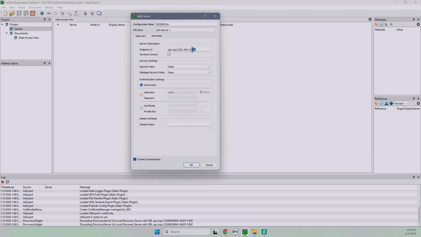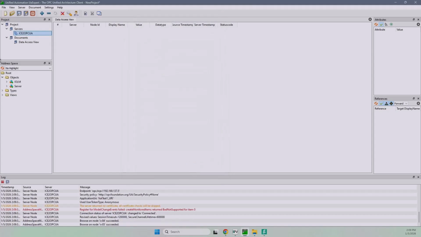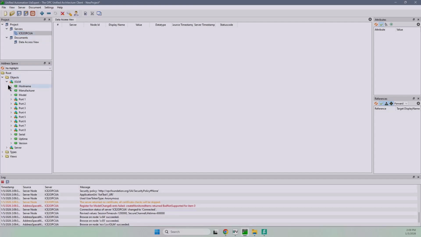Under the endpoint URL, if it's blank, you just need to make sure that the prefix is opc.tcp:// and then you enter the IP address, 168.137.5. Anything else is not required, and I'm going to click on OK. We observe that it was seamlessly connected to the master's OPC UA server, and we see the root objects coming over here. Now under the IOLM,